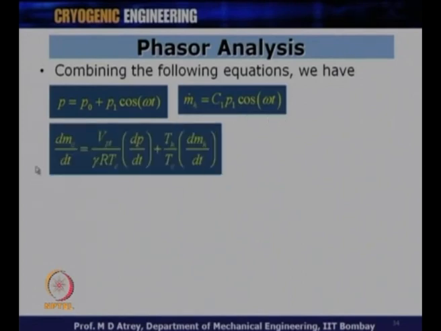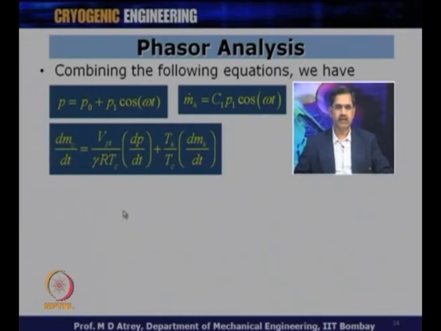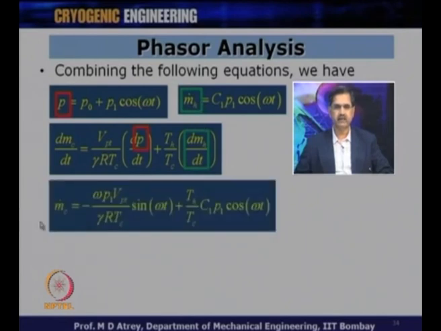All right. Now we have a relationship between what we derived earlier: the mass flow rate at the cold end, the mass flow rate at the hot end, and dP by dt. Now, can I get dP by dt from this term? I will get dP by dt from this term, and m dot h is nothing but dmh by dt. So, I can now put this term over here and get a relationship between all these parameters in a better way. So, getting dP by dt from this, and m dot h as dmh by dt over here, what I get is m dot c is equal to the differential of